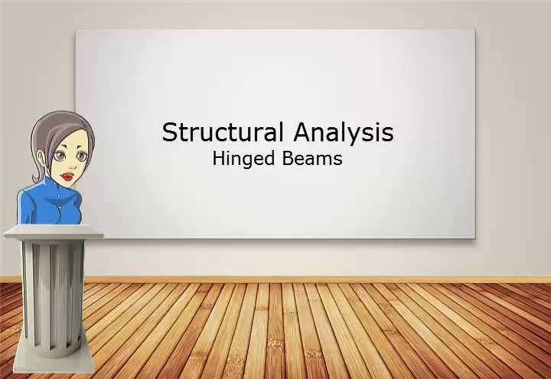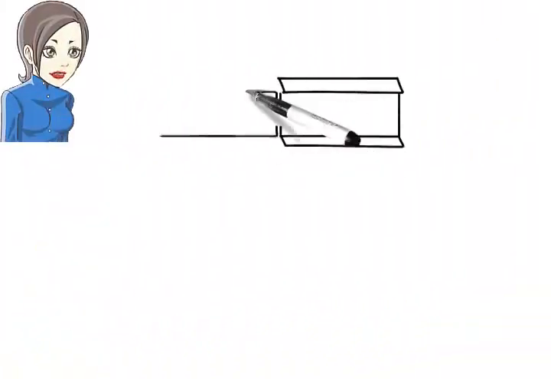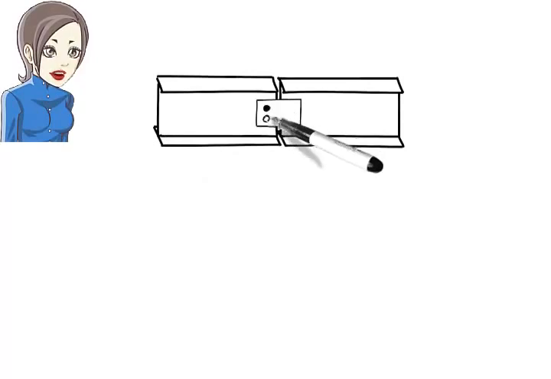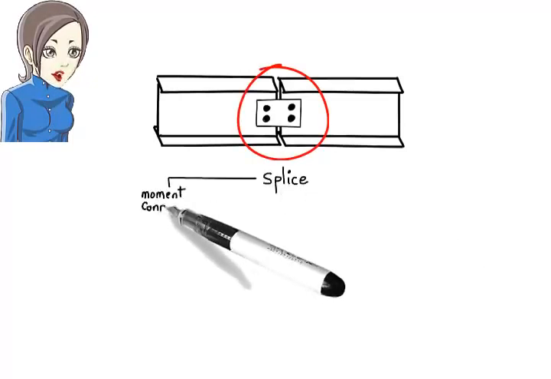Analysis of beams with one or more internal hinges. When designing structures, it is often necessary to join structural members along their lengths. It is generally useful to classify such a connection, also called a splice, as either a moment connection or a